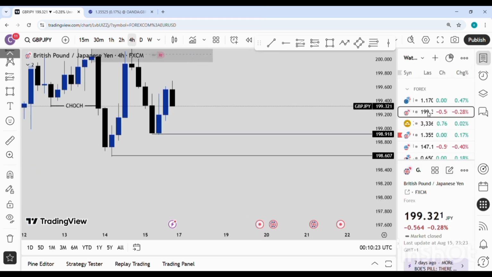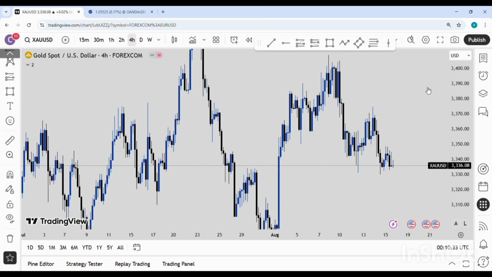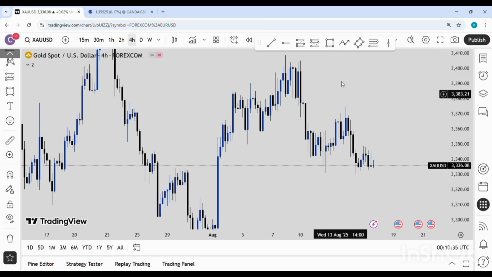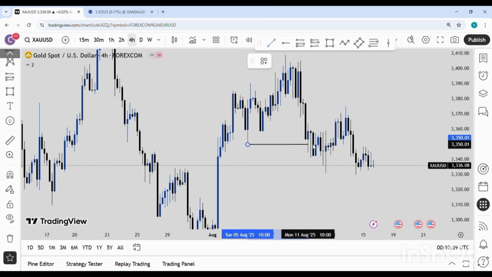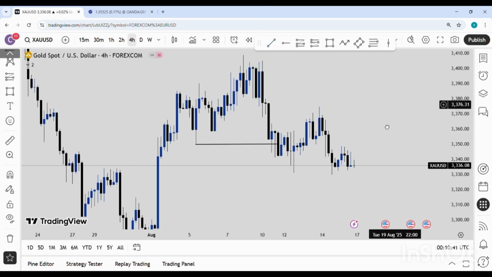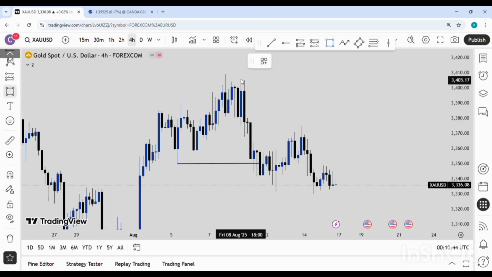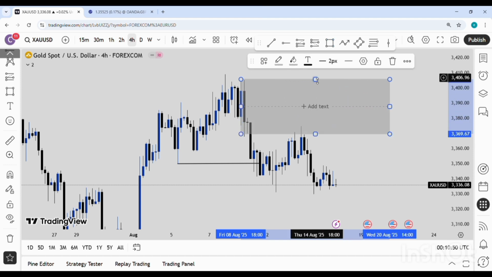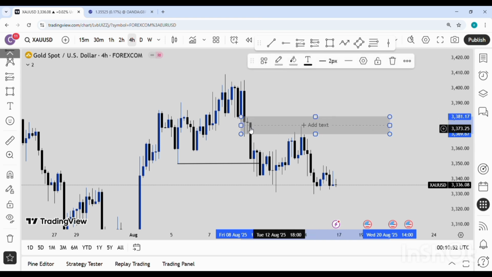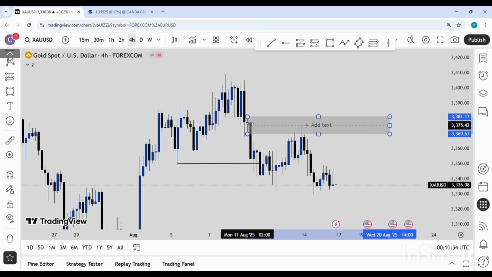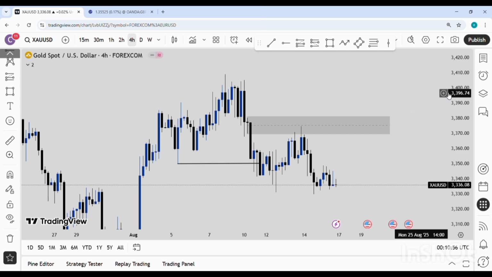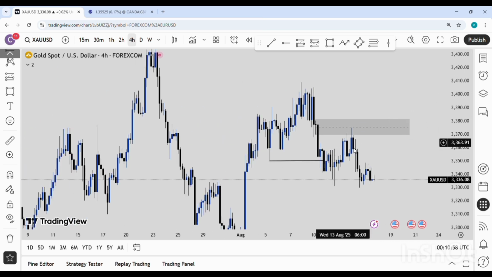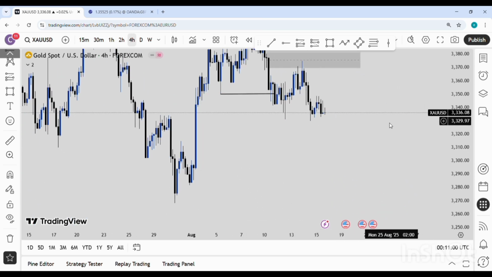Let's check gold. 4-hour time frame. We still have this break of structure, and our big, okay, this is our order block here. This tiny movement here, this tiny candlestick here is the order block. Price also reacted from our order block